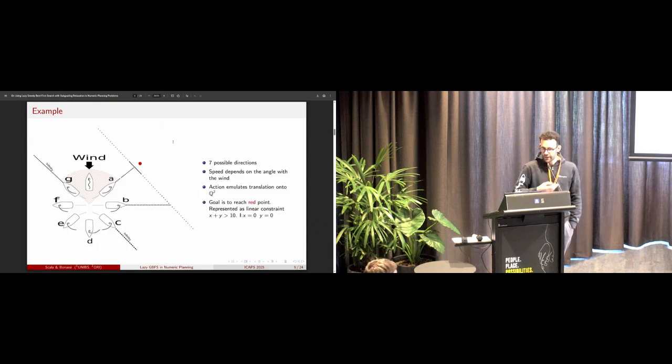So this is a more concrete example. This is a very well-known domain in the context of numeric planning. It is called the sailing domain. You essentially have a boat that can move across different directions, and so you would have one action for each direction that changes the position of the boat on the XY coordinates, and the goal is usually to reach a certain area of the two-dimensional plane to save a person. Okay, and the goal can be easily specified by defining a linear constraint.